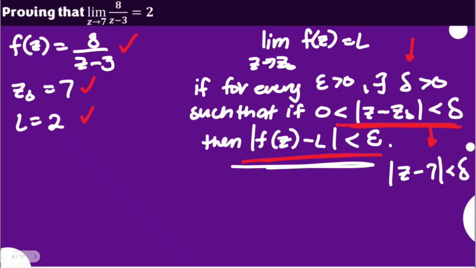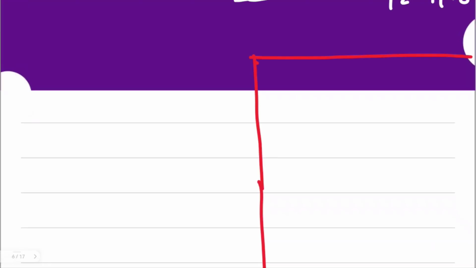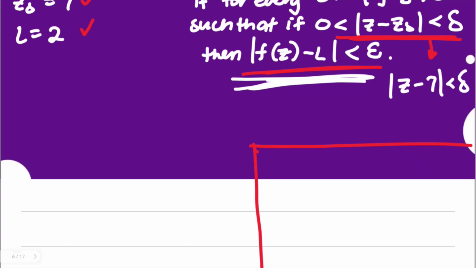With this specification, we can show that this is less than the said epsilon. If the delta exists, being greater than 0, then it's already sure that the limit of 8 over z minus 3 as z approaches 7 is really equal to 2. So to show the existence of our delta, let's work backwards. Let's target this first and find out the correct representation for our delta. As mentioned, we will do some scratch work here, and don't be afraid to do that if you have time in your respective assessment.